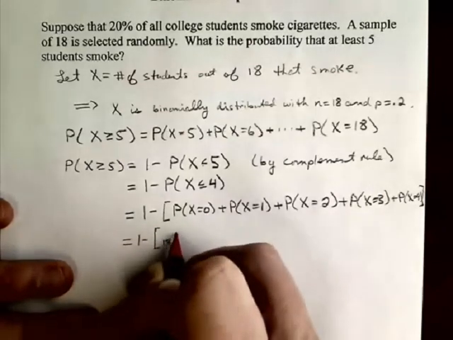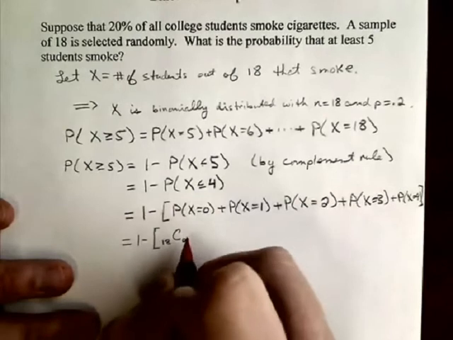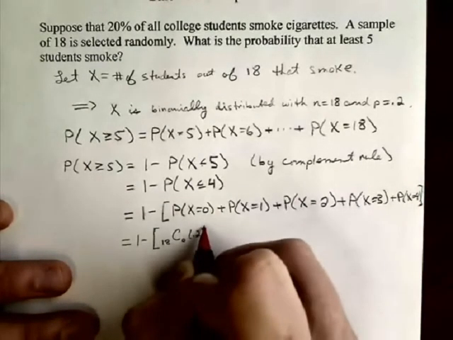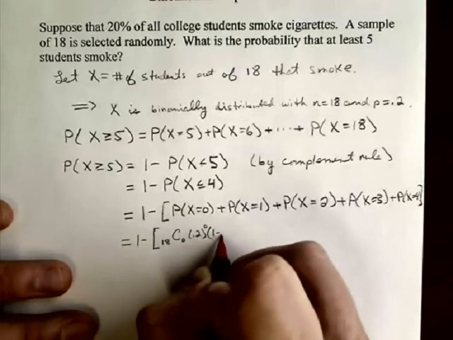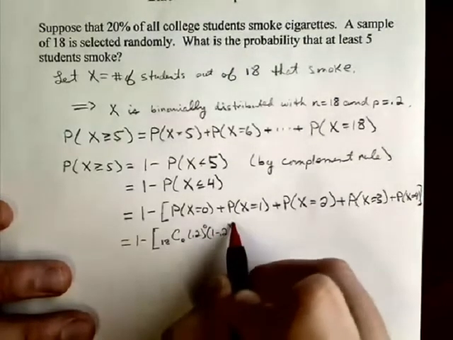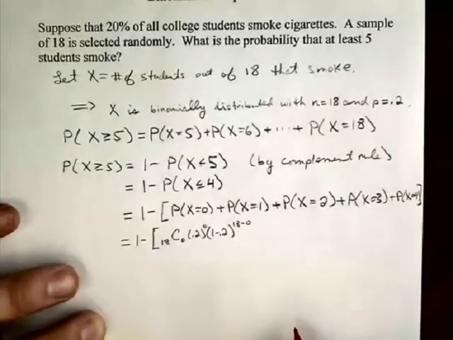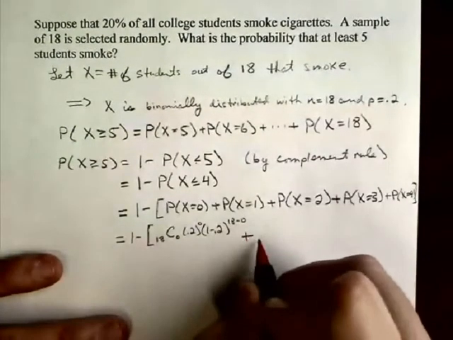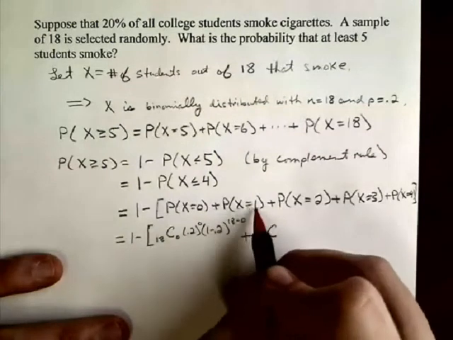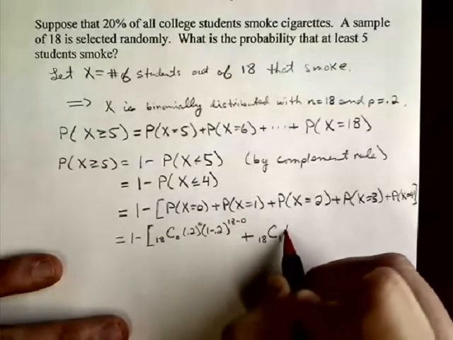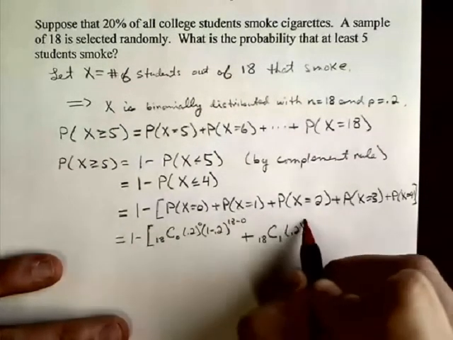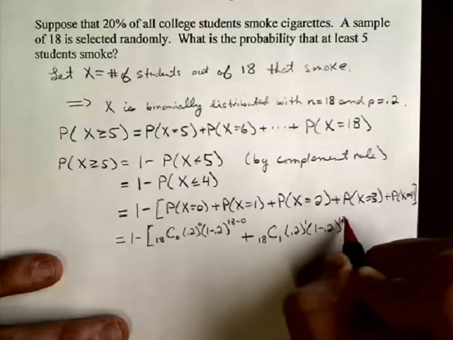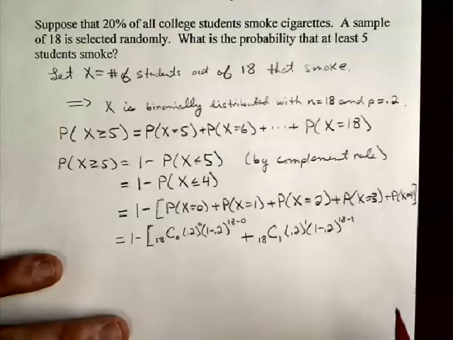So I've got 18 choose 0 times 0.2 raised to the 0th power times 1 minus 0.2 raised to the 18 minus 0 power. Got to do this 4 more times. So this is plus 18 choose 1 times 0.2 raised to the 1 power times 1 minus 0.2 raised to the 18 minus 1 power